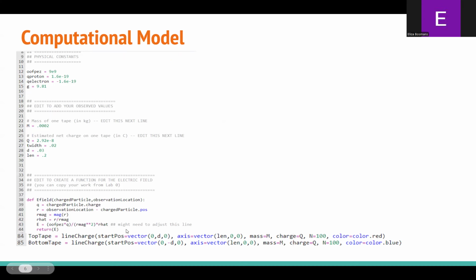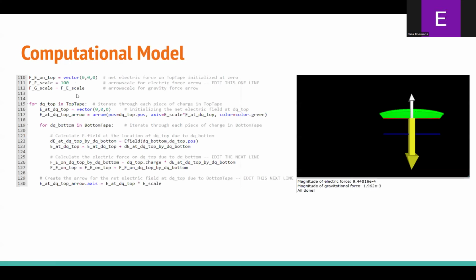E, the electric field. And then in these following lines, we find the line charge at the top and bottom tape, and this is what makes the value more accurate. And so that is what we use here. And then following that, we have more calculation of the electric field at different segments. These DQs are the different chunks of the tape, and then they are all summed together to find these values